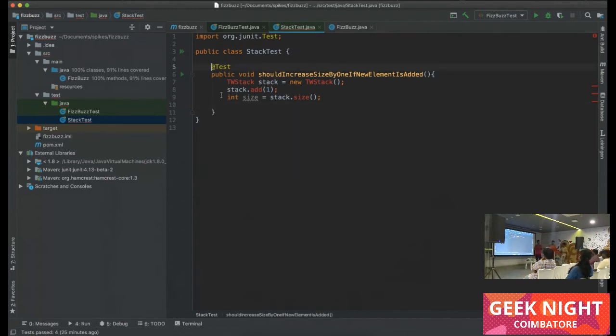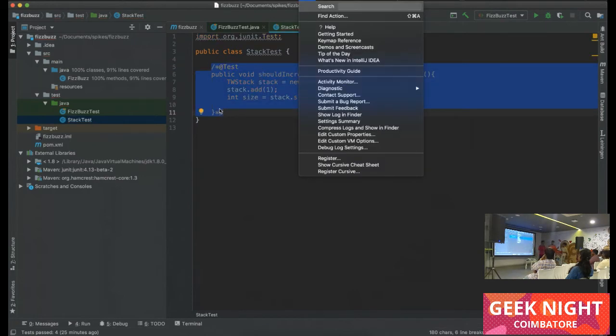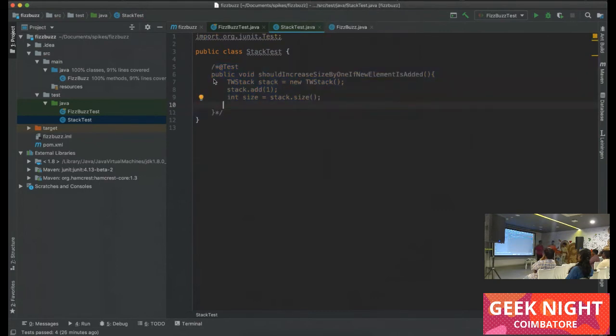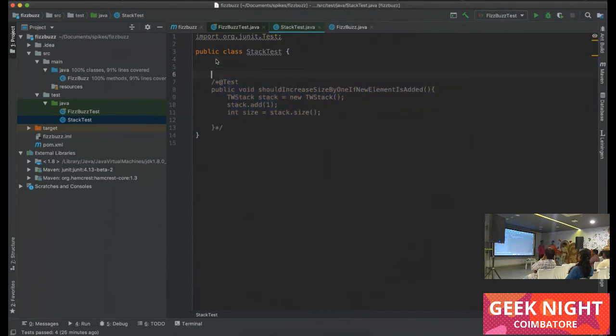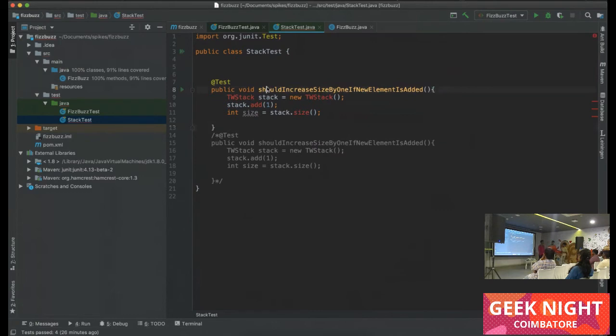Does everyone agree with that? Should we test that? Yes. So we will add this test: its size should be 0.